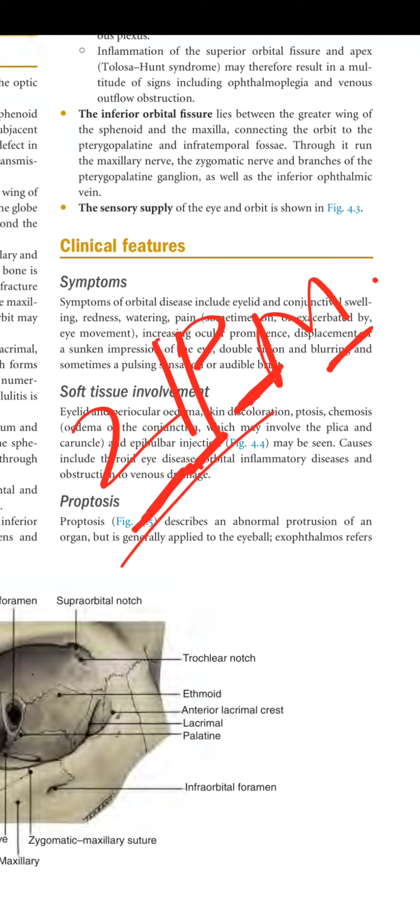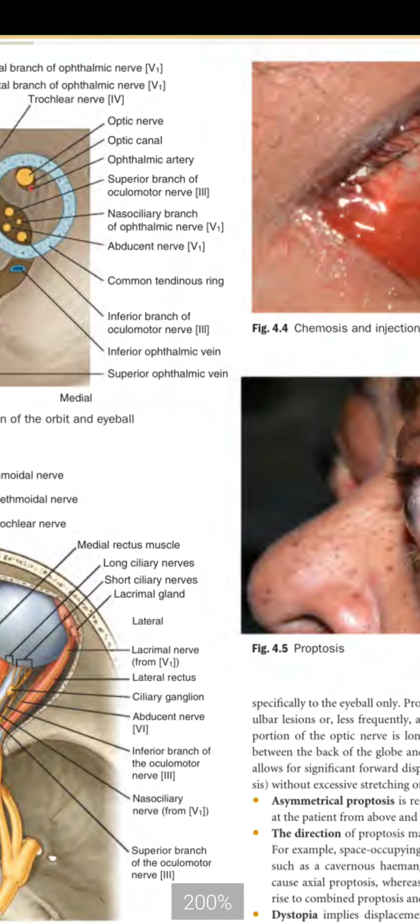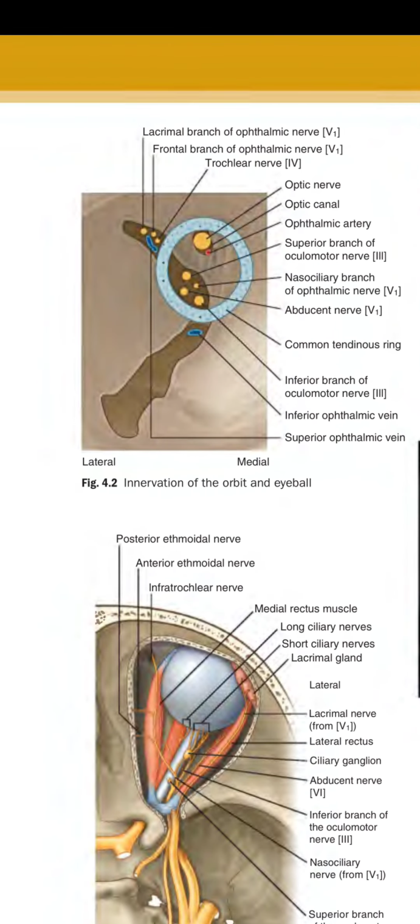The sensory supply of the eye and the orbit is shown. So you can see figure 2.3. Here is the optic canal, and through it pass the optic nerve and the ophthalmic artery. And then there is a thing called the